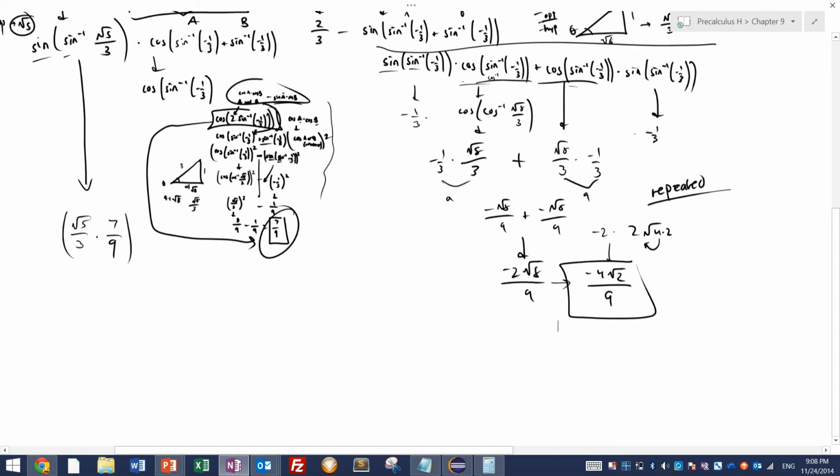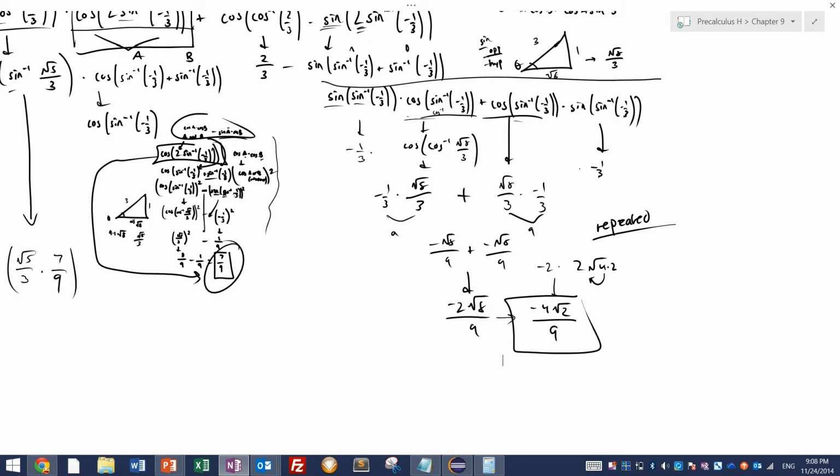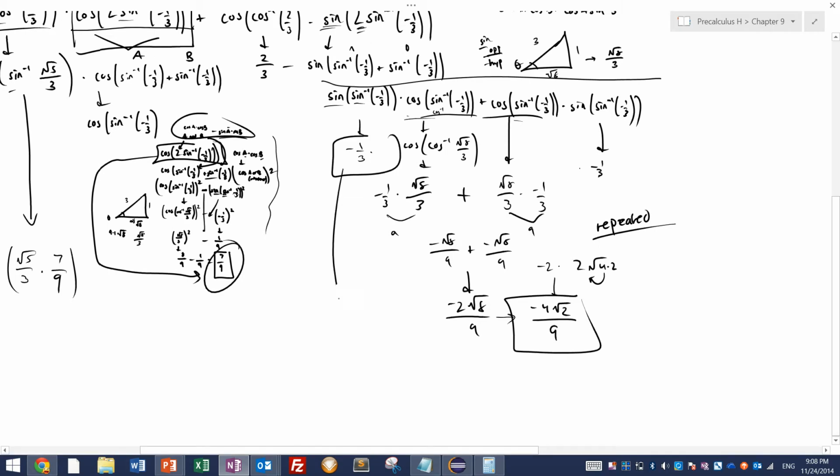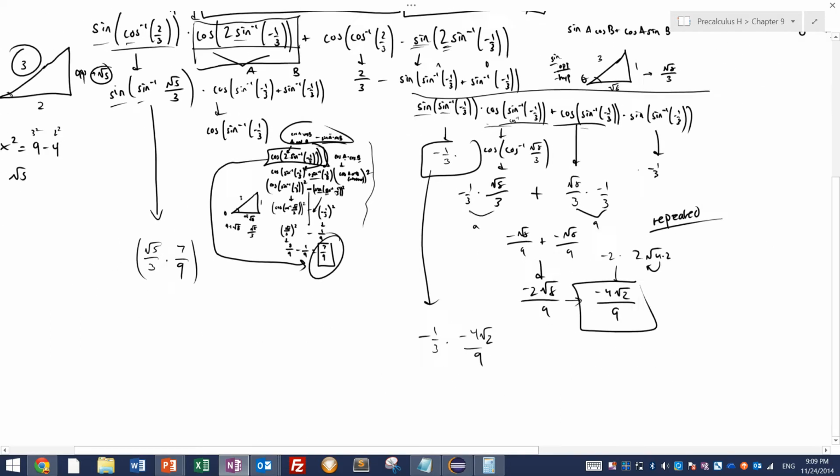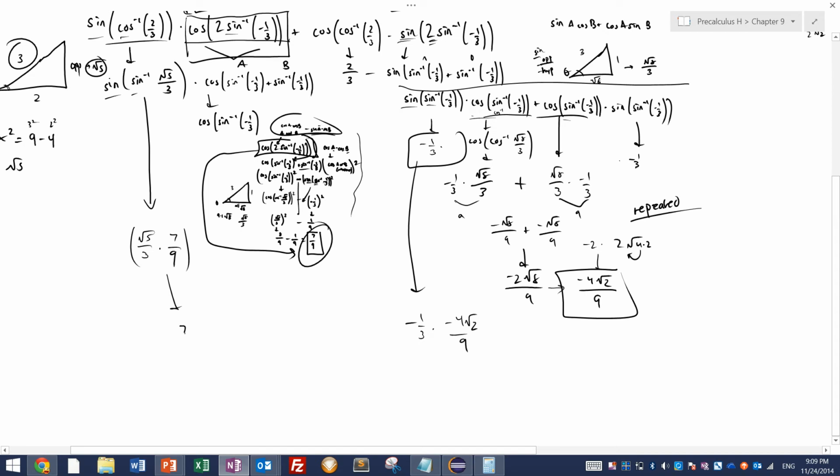Now we have both sides of the equation, but don't forget about this part. If this part is missing, all of it will have been for naught. We do not want that. That would be really bad. So that would be 3, 4, 2, 9. And I'm almost positive I messed up the signs here. Now, I'm looking, but let's go ahead and simplify this into 7 root 5 over 27 plus,